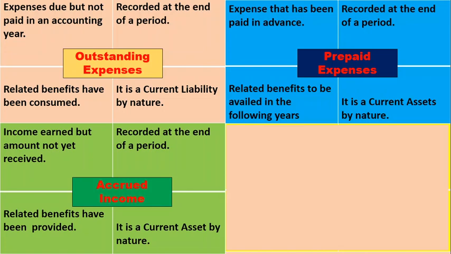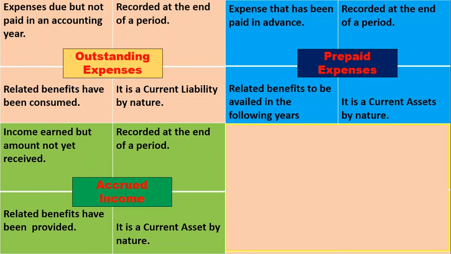Then he can say, for this amount, I earned this amount because I've given the services, but the amount is still not received. So it's a current asset for him because he's going to receive this money in future. Fine. Now, in case you haven't taken any services from the air condition serviceman, what will happen?